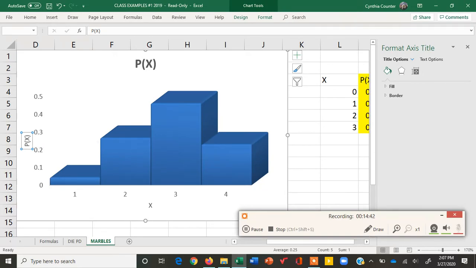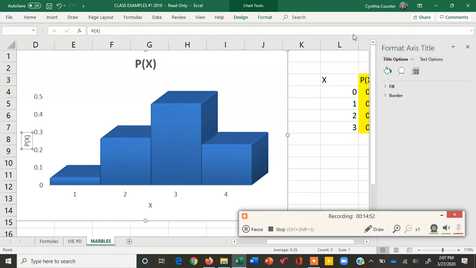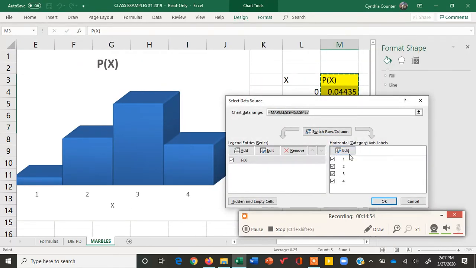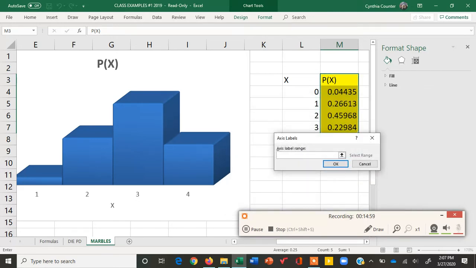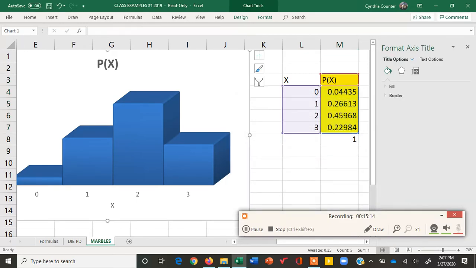And now we need to change the horizontal axis labels to 0 through 3. So back here in our Chart Tools, go to Design, and now move to the right where you see Select Data. And over here where it says Horizontal Axis Labels, click Edit, and now all we have to do is highlight the values in the X column. Notice as soon as I highlight them, you can see them over here on your histogram. They won't be permanent though until you click OK and another OK, and now we have a nice properly labeled